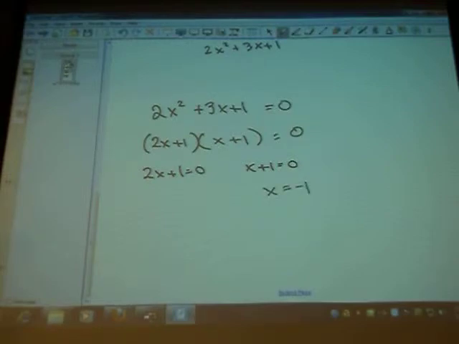Okay, I'm going to get x equals -1. And then for the other one, I'm going to get x equals -1/2. So -1 was the one that we could see in our table. -1/2 is another one. So for my domain, I would say all x except